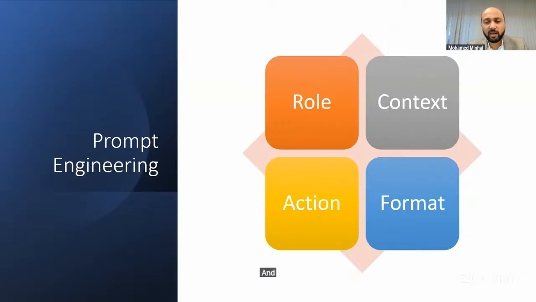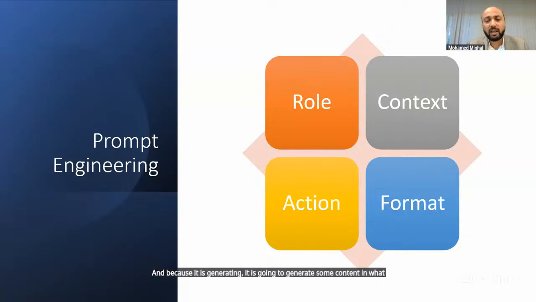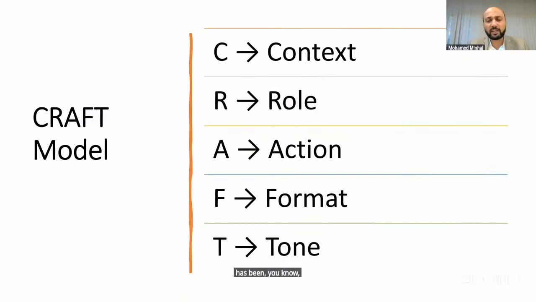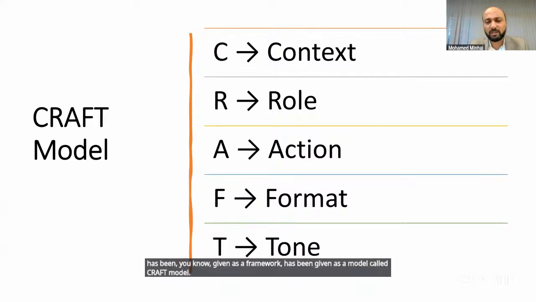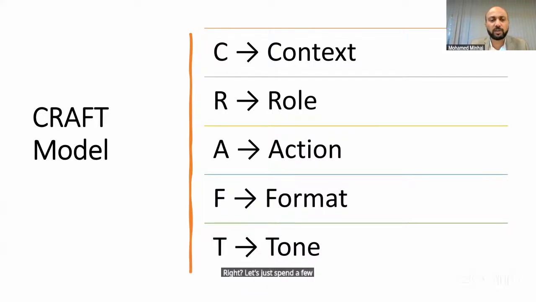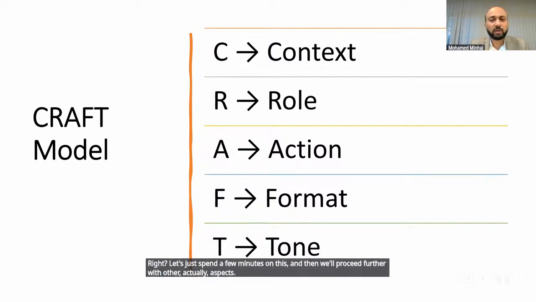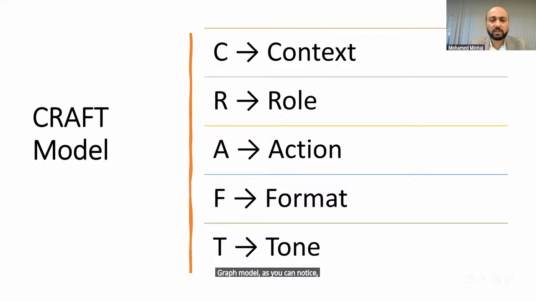And because it is generative, it is going to generate some content. In what format do you want it? If you convey that, you'll definitely get better results. These dimensions that I told you have been given as a framework, a model called the CRAFT model. I'd like to spend a few minutes on this, and then we'll proceed further with other aspects. CRAFT model, as you can notice, is about the context, the role, the action, the format,